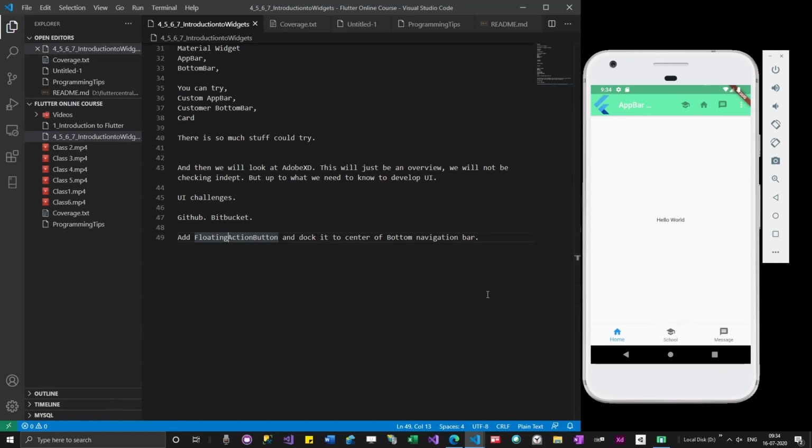So how to add it? You have 3 icons. If I'm adding it over here, this icon will go somewhere. Probably you need to have 4 icons. Those kind of things you will explore and do. And trust me, if you are able to do this exercise, it will give immense satisfaction to you guys.